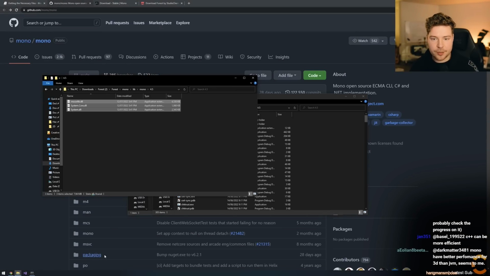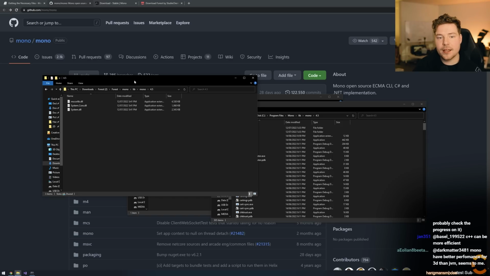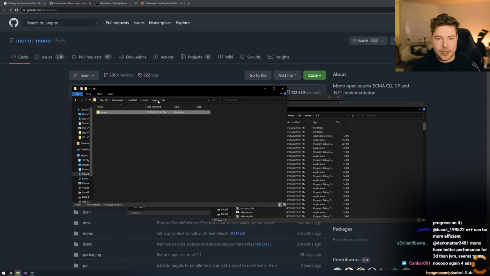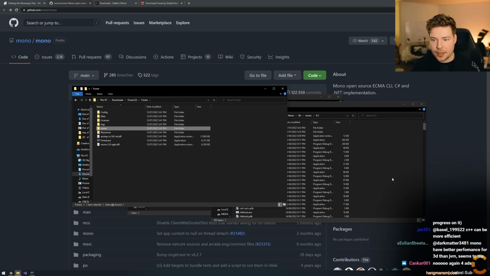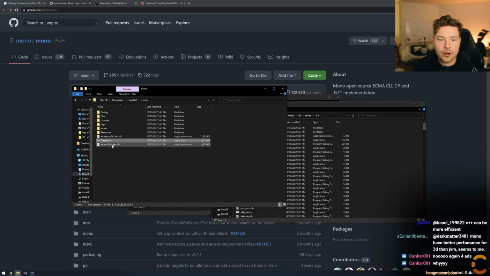There's not that much stuff to ship in the first place. And then, as for the actual Mono binaries, because this isn't obviously the C# runtime, this is just the C# libraries. As for the actual Mono binaries, the way that works is if we look at Forest, you can see we